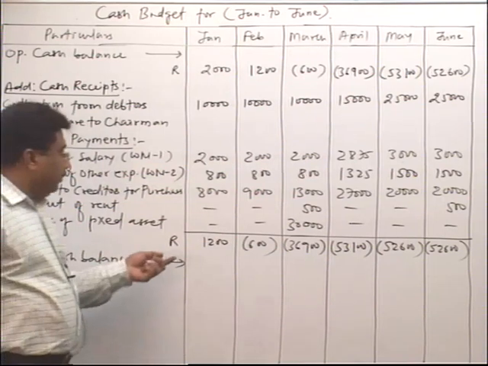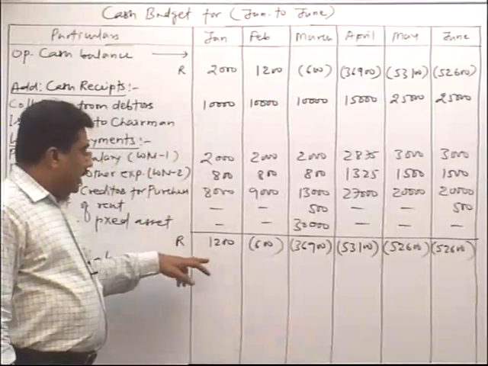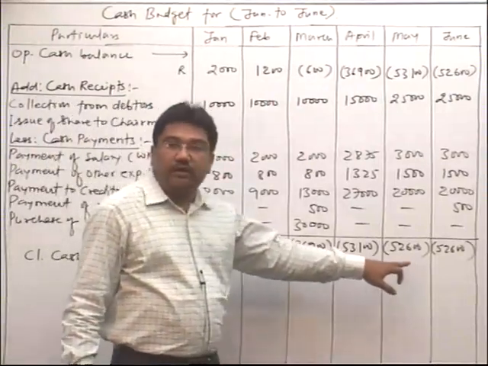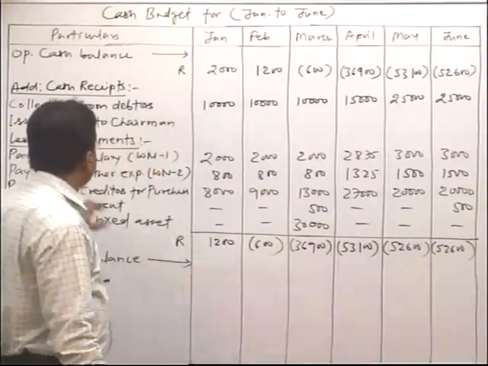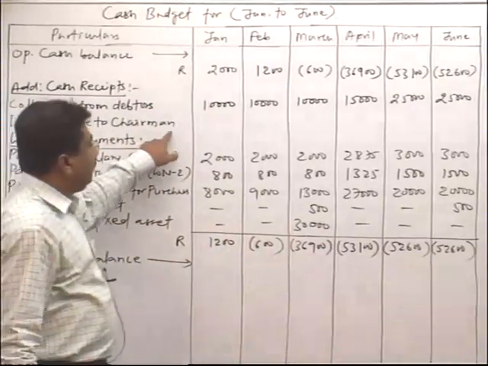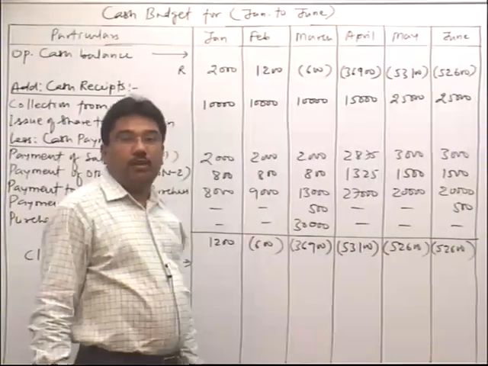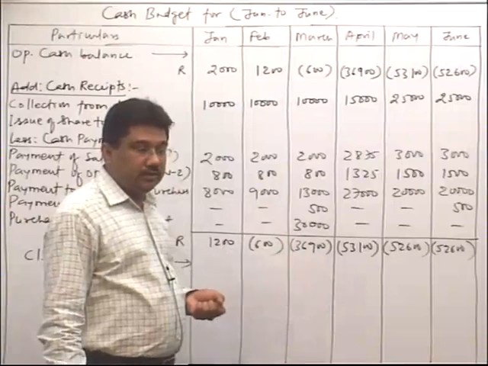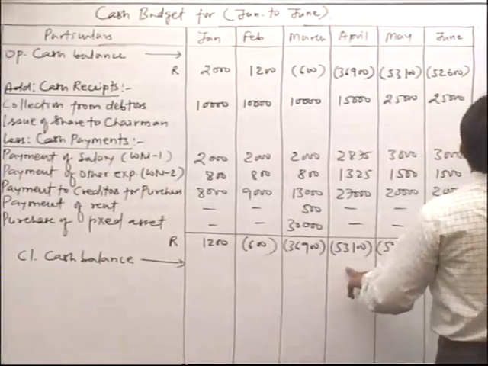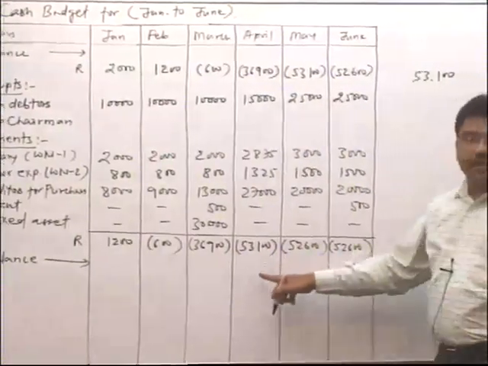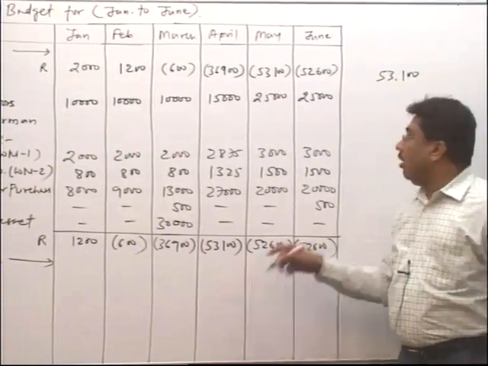Now, please see the position of balance or overdraft, that is closing cash balance or overdraft. Except January, in all other months there is overdraft. Now, we have to decide how much amount of shares the company should issue to the chairman in the month of March, so that in none of the months there will be a problem of more than overdraft of 5,000. Now, to decide that, the maximum overdraft should be taken as base. Our maximum overdraft is 53,000, and at any given point of time bank will allow maximum of 5,000.